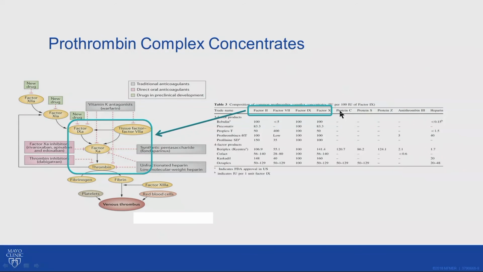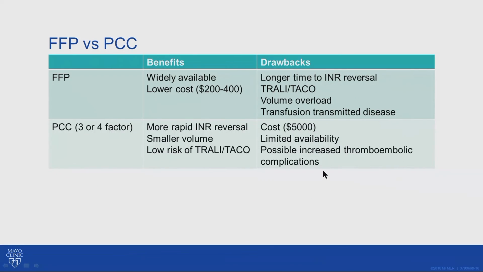So when we go back to the clotting cascade, you can see right here these are all the factors that are in the PCCs, which is why they're useful in the reversal of warfarin and factor 10A inhibitors, and there's some data in the thrombin inhibitors, although very limited. Now, when we're looking at FFP versus PCCs in warfarin, Dr. Vadix kind of went over this earlier in